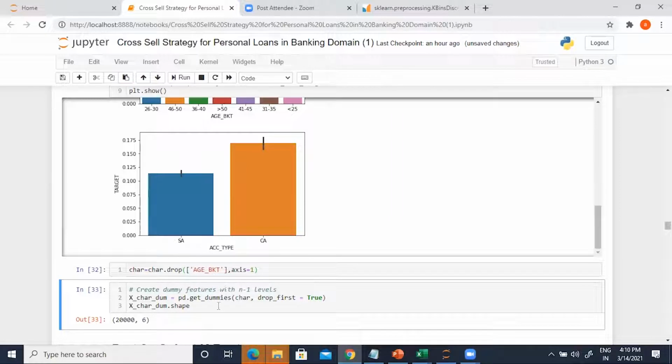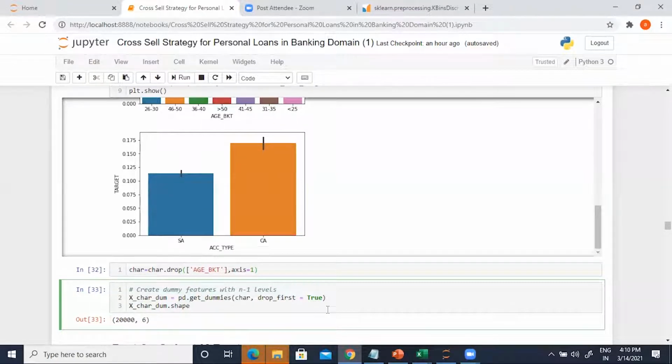So when I remove age bucket, I am left with the others. Here I am now going to create encoded versions of the character variables by the get dummies function. And I will say drop first equal to true. Drop first equal to true is very important because if you don't use this, you will fall into the dummy variable trap.